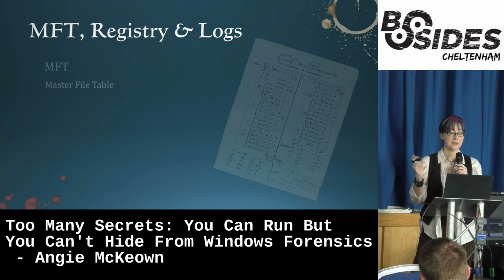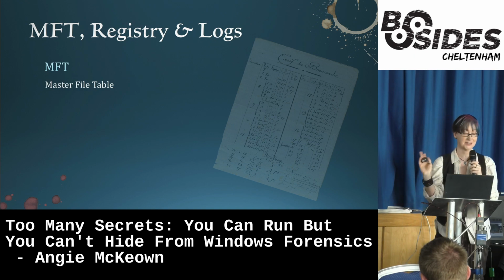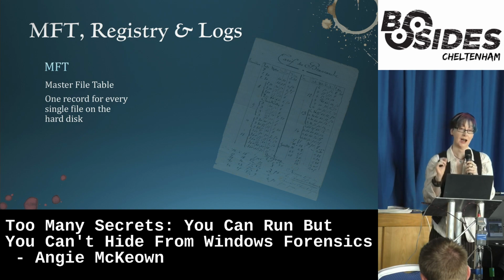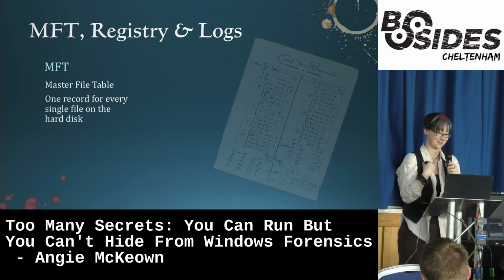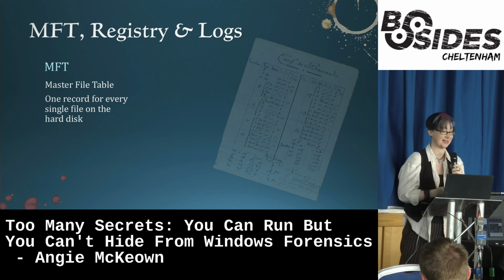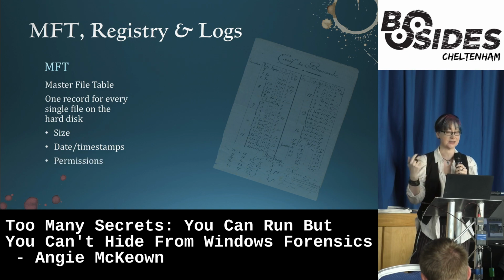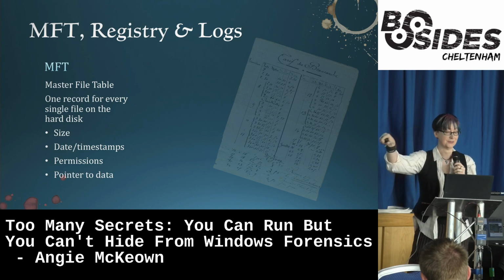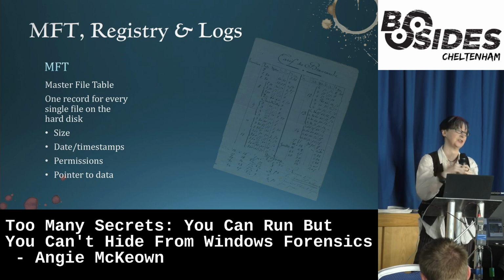Okay, so the MFT is the master file table, and it is a database of info about every single file on the system. It keeps a log of all files that have changed on the system and what caused the change. And it is in UTC timestamps, so we love it. It records things like file size, the timestamps, like we said, the permissions, so the read, execute, write, modify. And then it links out to the rest of the file content on the hard drive. And the timestamps mean that just with the MFT, we can build a handy timeline.